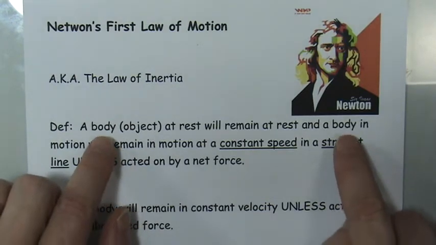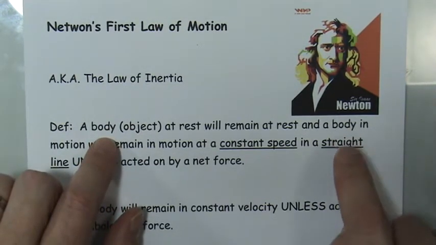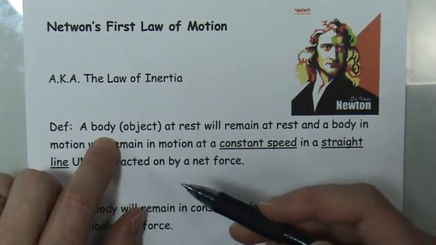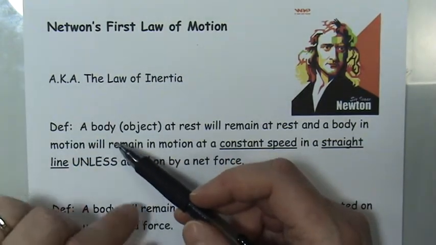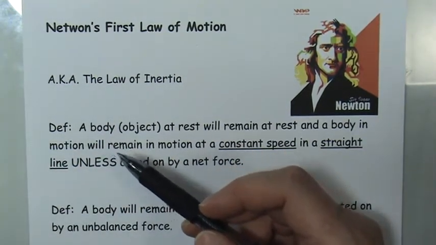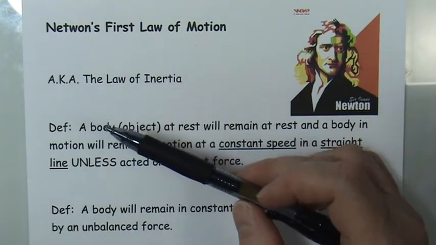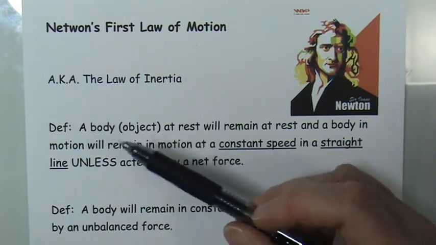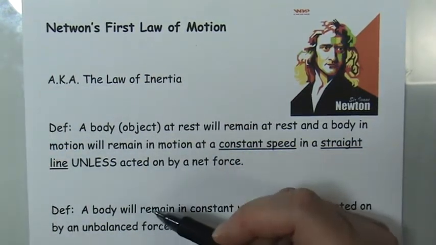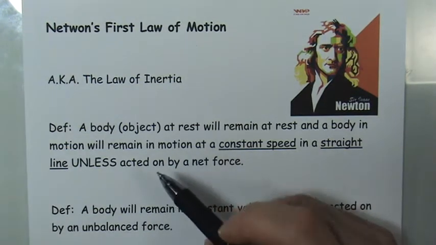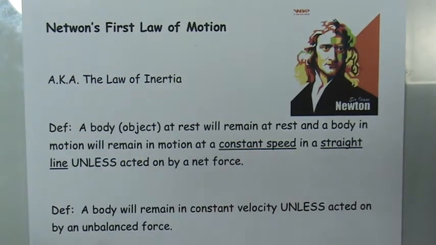Now you may see the word body appear frequently, and that's just the way in that time that they would refer to an object that had mass. So anything could be a body. The little toy car, this pen is a body, I'm a body, the earth is a body, the sun. Our galaxy could be a body. It could be a little molecule of air flying across the room. Anything could be a body as long as it has mass.